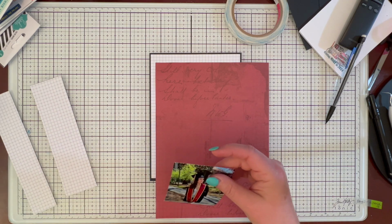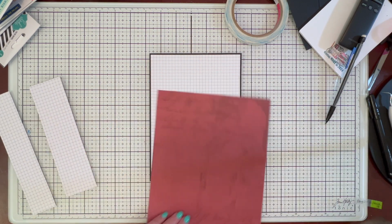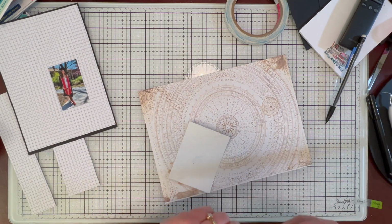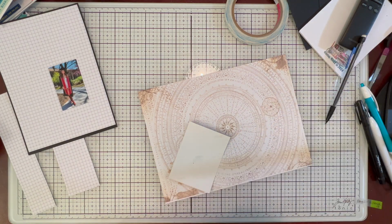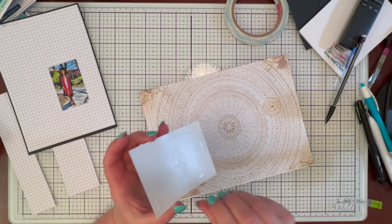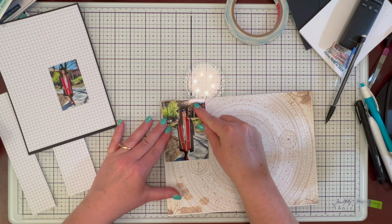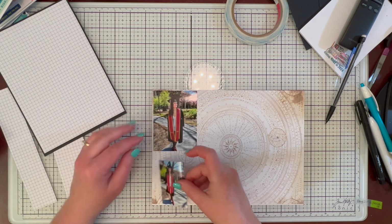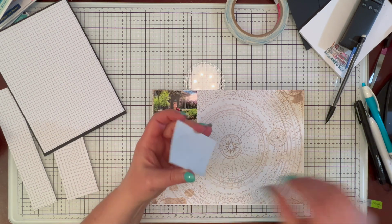From here, I go, not necessarily rogue, but I don't have my title where it's indicated in the sketch. And the sketch also makes it look like there is mixed media on there, and I did not do any mixed media. The other piece is that almost all the papers that I'm using, I pulled them out from,